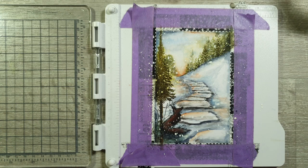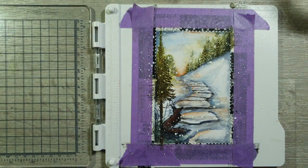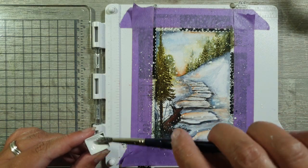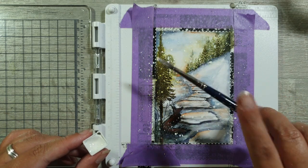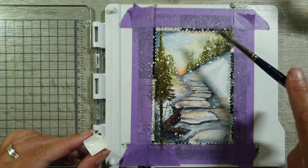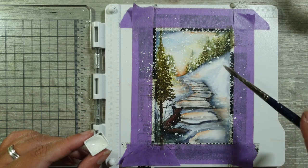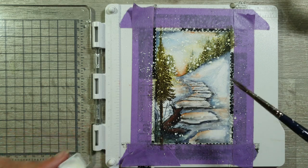Everything is now dry and I kind of like the result, especially down here. I could use some more at the top, but I'm gonna do it again with the watercolor and not with the acrylic ink because I'm almost happy. So just a few more, a bit more snow at the top, and that's it. So now we have our own